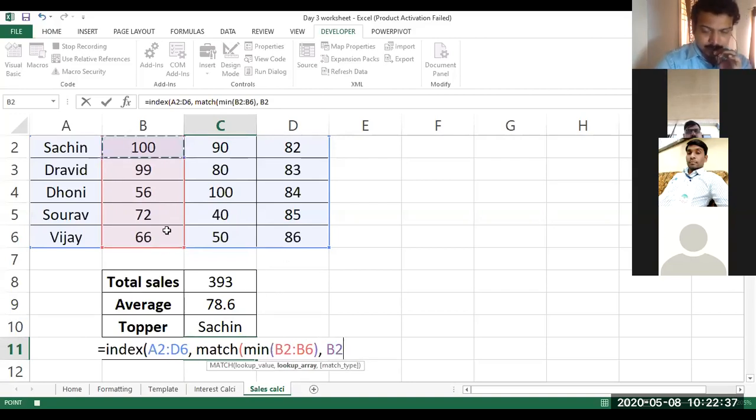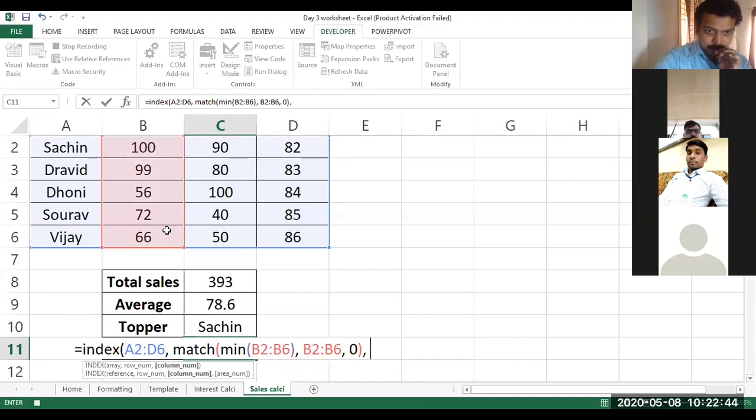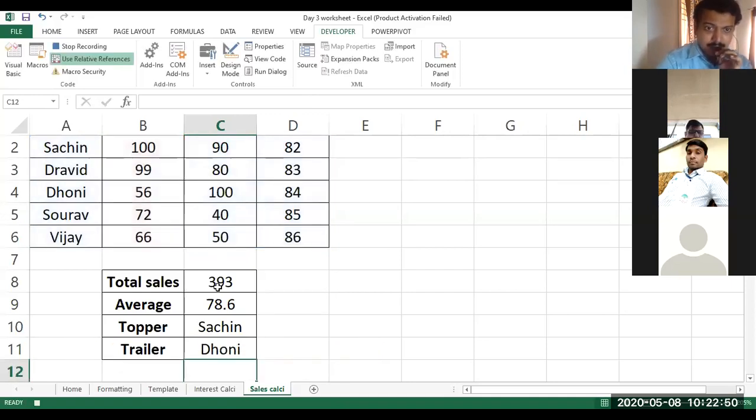I select the entire column, comma, space. The third input for the MATCH function is always 0. Close bracket, comma, space. The third input for the INDEX function is the first column, so number 1. Close the bracket, press enter. I'm going to make cell C8 my active cell, which is the total sales. And now I'm going to stop the macro.